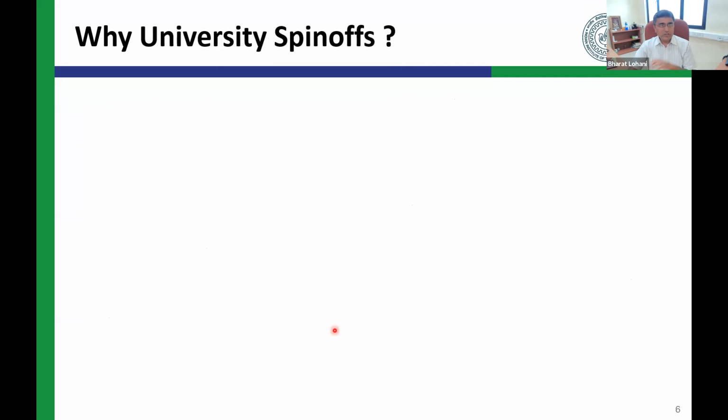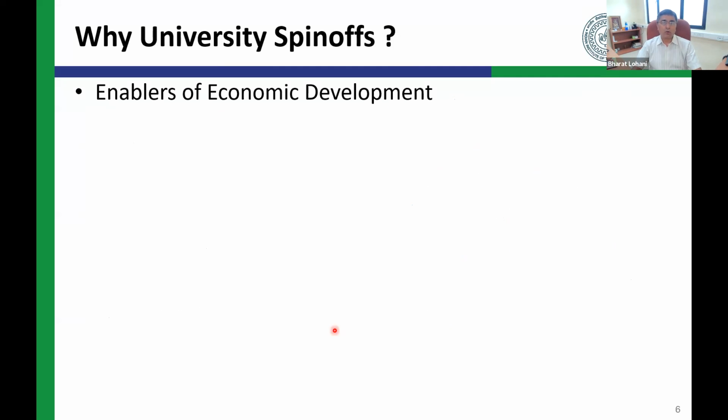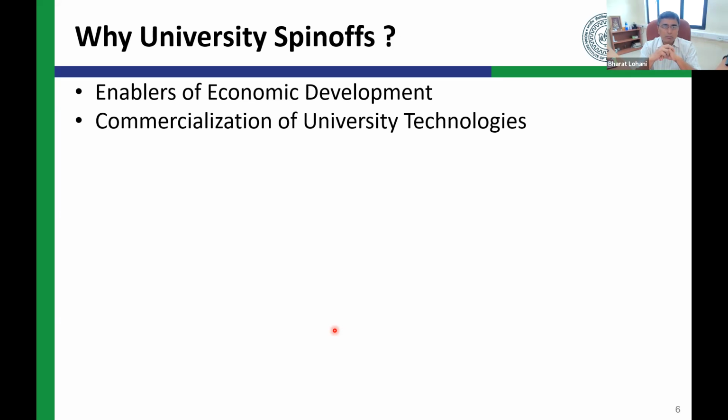So if you come to the university setting now, because we started our company in IIT Kanpur, so why the university spin-offs? And the good thing today is, in India, many IITs, many NITs, and many other colleges, they have their startup culture. They have a system within the institute where the startups can be initiated, and a team can start working within the college environment.